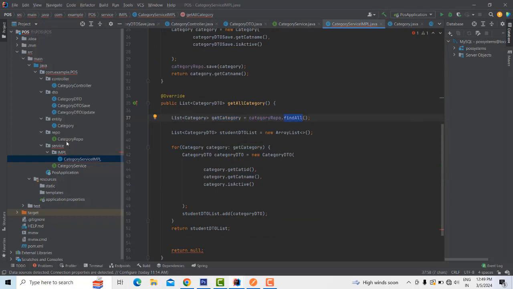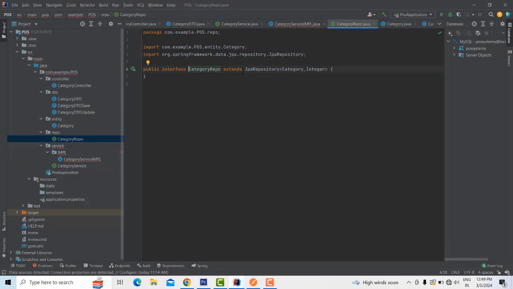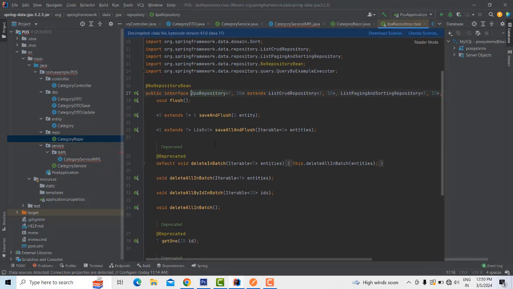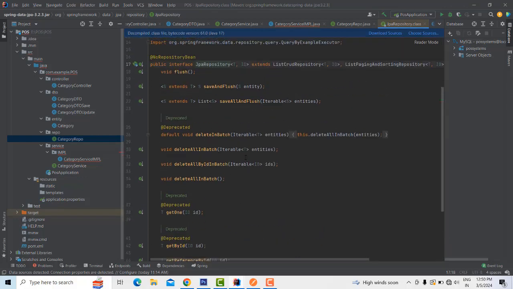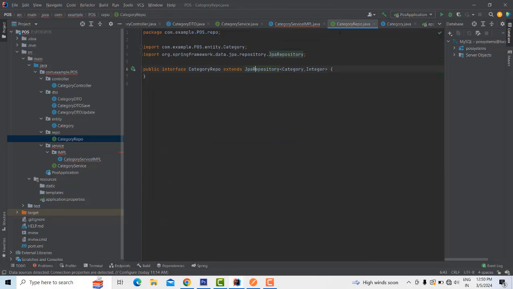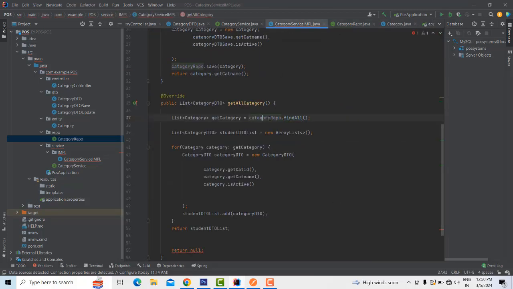This is the repo, and the repo is a JPA. If you hold the control key down and select this one, all the CRUD related functions reside over here, right? So here we have to find the details. Whatever details come from the find are assigned to here. After that,